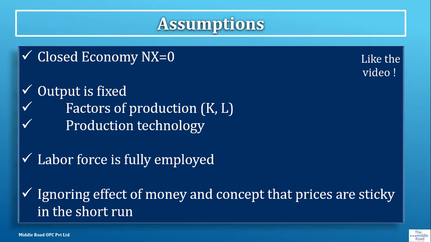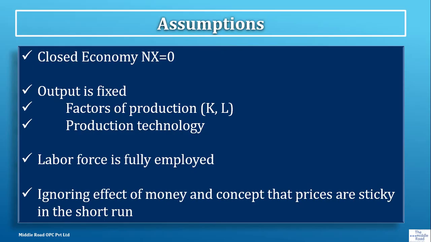Now we look at two things. One is assumptions. Some of the assumptions which you've already seen: it's a closed economy. We are just considering this as an example, so net exports is equal to 0. Output is fixed. We have seen factors of production. The two factors of production are labor and capital, and they both are fixed. The production technology is fixed. The labor force is fully employed, and we are ignoring money, and we're also not considering that prices are sticky in